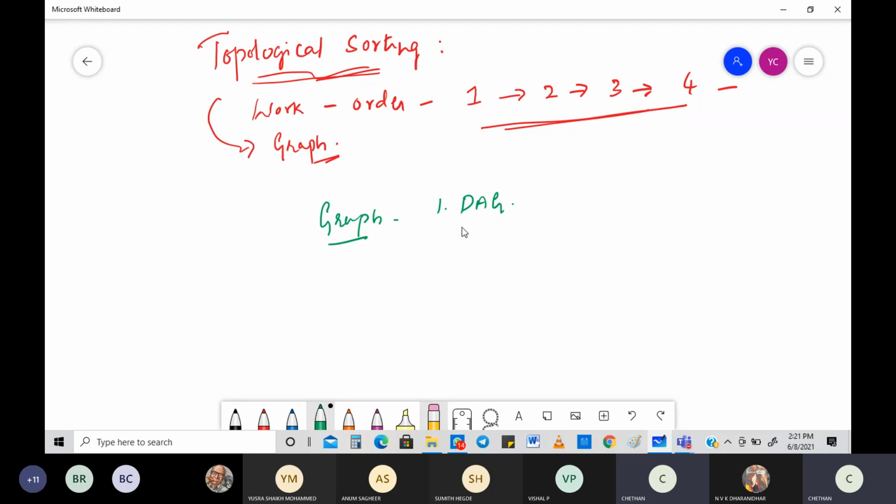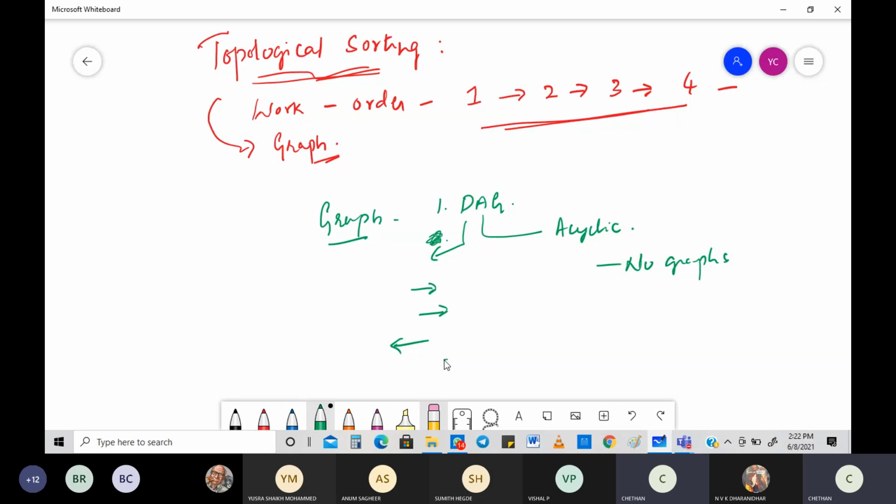It should be directed, which means it should have directions like this. The next thing is acyclic. What is the meaning of acyclic? They should not have any sort of cycles. No cycle should be there in the graph. Only then will topological sorting work. This is one thing that you have to keep in mind.